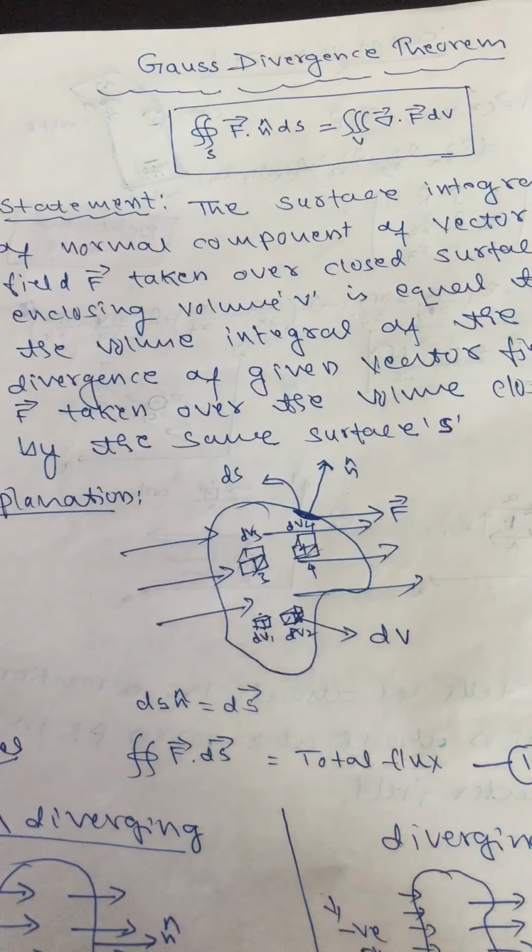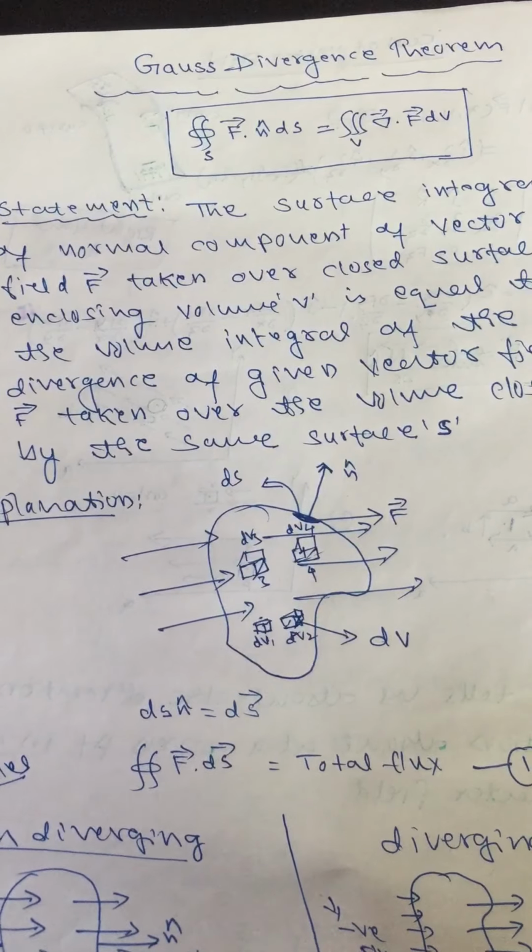over the closed surface. Of course, you have studied in PUC second year. The surface integral of the electric field you call electric flux, the surface integral of magnetic field you call magnetic flux. So F dot dS gives the total flux over the closed surface. If you write E dot dS, it means total electric flux over the enclosed surface. You studied in 12th standard, that is the statement of Gauss theorem, isn't it?